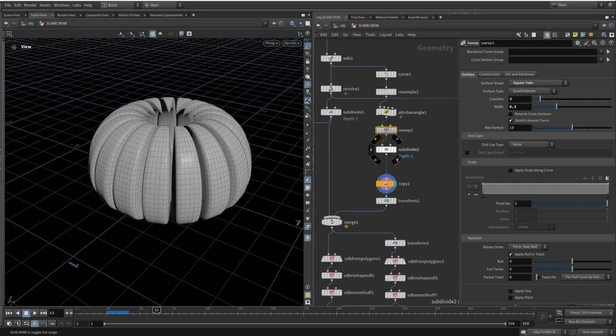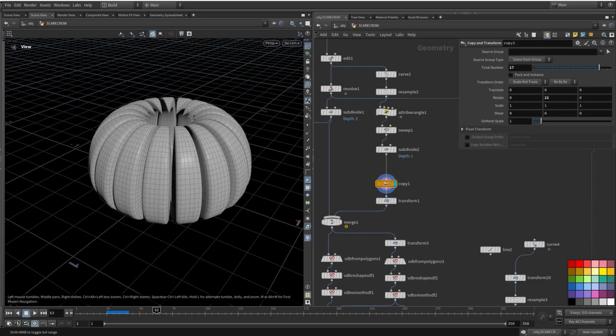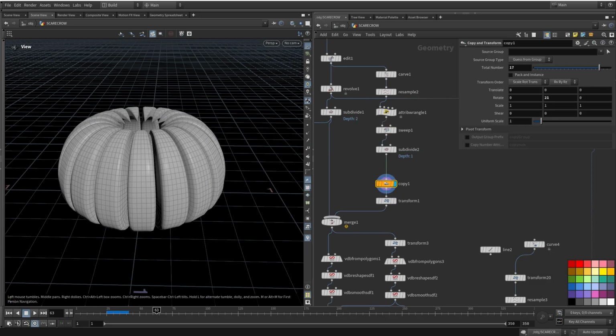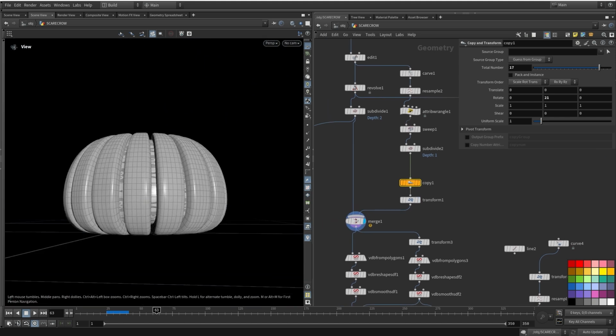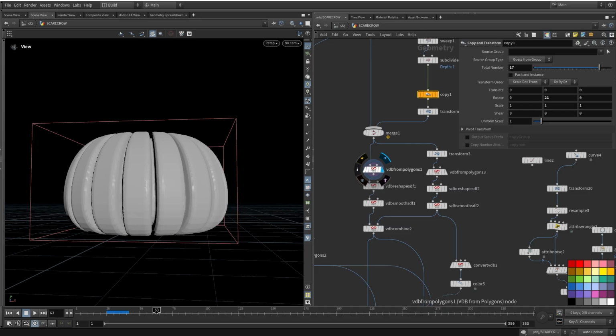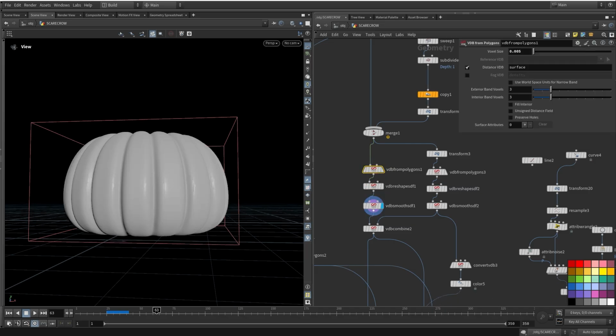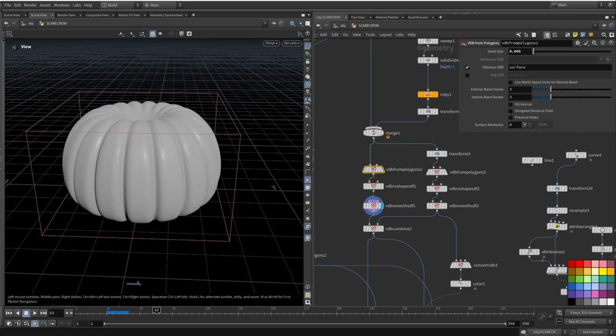Okay, so subdivision and copying around a few times, and then merge it together. So this is what we have, and then doing a VDB smooth,